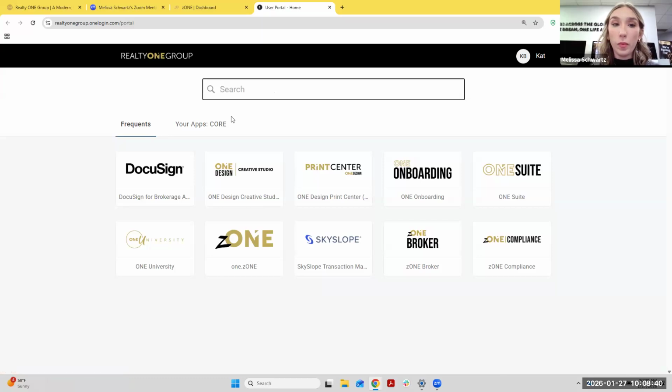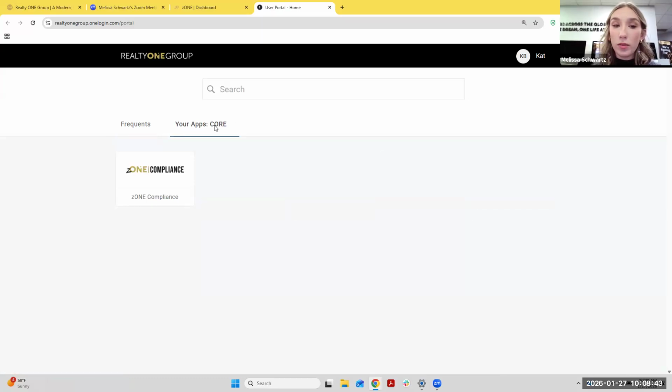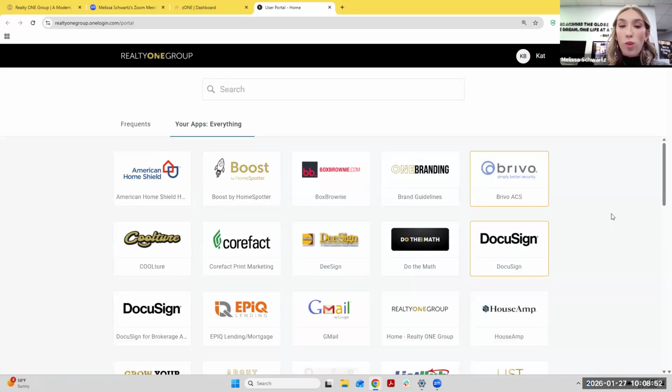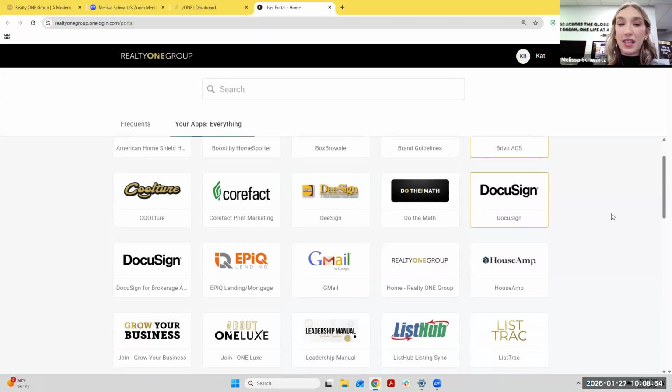Just go to your apps and pull down at the core. Should be able to change that from core. No, up there. There you go to everything. If you go to the top one to everything, you'll see all the tiles available. There's a lot of tiles. So there's a lot of different things that are